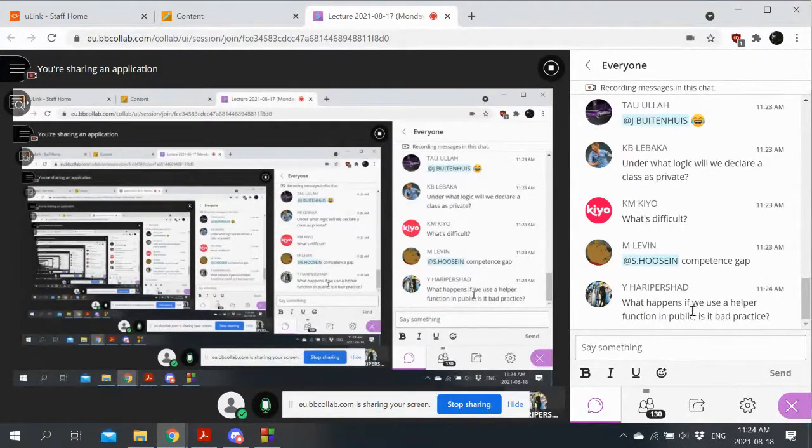It's a good question. What happens if we use a helper function in public? Is it bad practice? No, not necessarily. This is where computer science becomes, in a sense, more software engineering. In engineering, you often have to make decisions about what seems to be best in a given circumstance. Science is about finding out the truth, and engineering is about practically building something. So is it bad practice? Not necessarily, but if you pollute your names, or pollute your header file with too many public things that people aren't interested in, then that is bad. So it's very context specific.